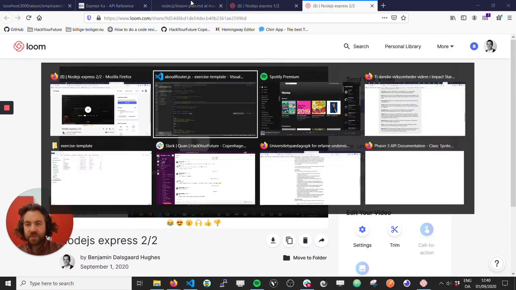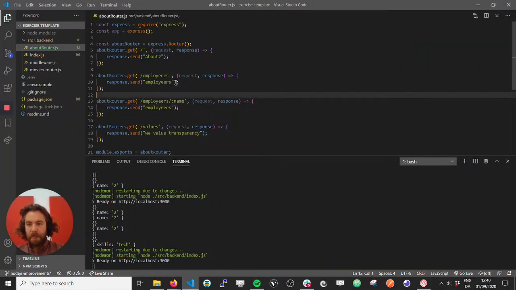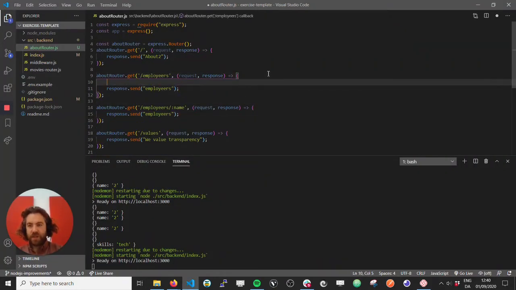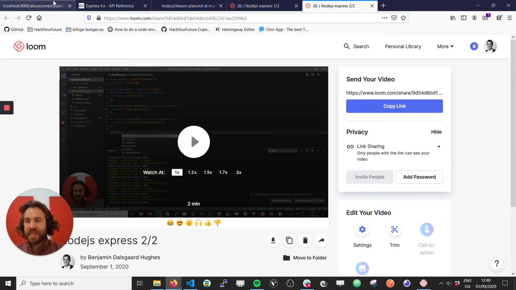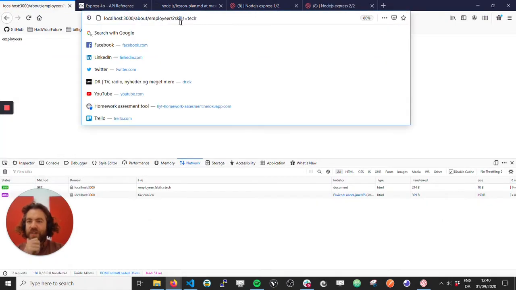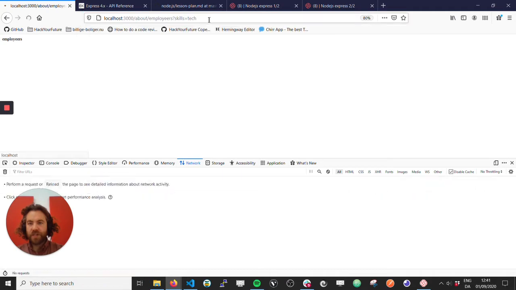So let's get to the code. Let's say we want the employers that have specific tech skills. So what we want to do is, for example, say /employers and then question mark skills equal tech. So if we set this up,